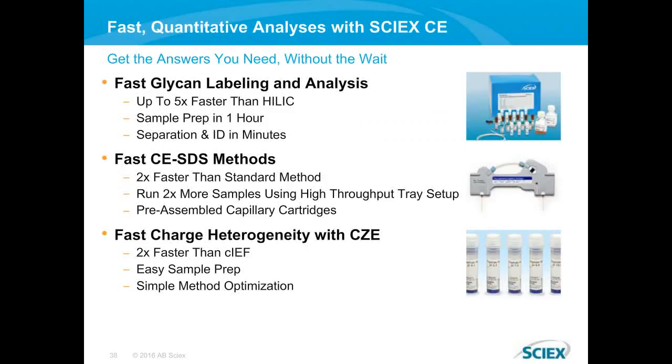Wrapping up on my last slide with thoughts about the 3 main applications that we talked about. So we started with this idea of fast but quantitative analyses using CE. We went over fast glycan labeling. It can be up to 5x faster than standard HILIC methods with sample prep in under 60 minutes and separation and identification at the same time automatically in the software. Fast CE-SDS method, 2x faster than the standard method, again, separations in 15 minutes. You can run 2 times the amount of samples with our high throughput tray setup, and ease of use with